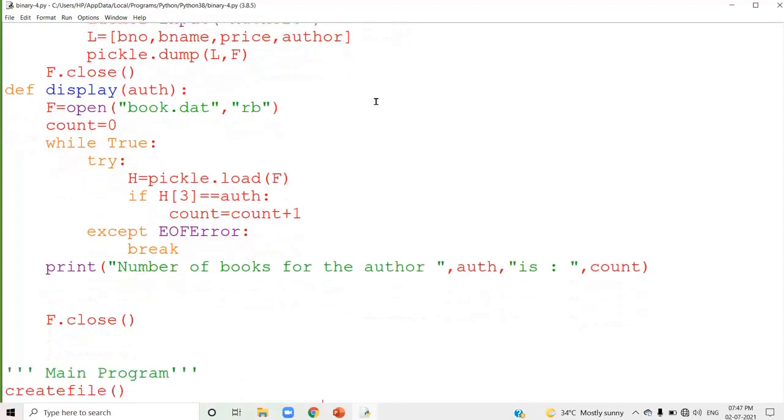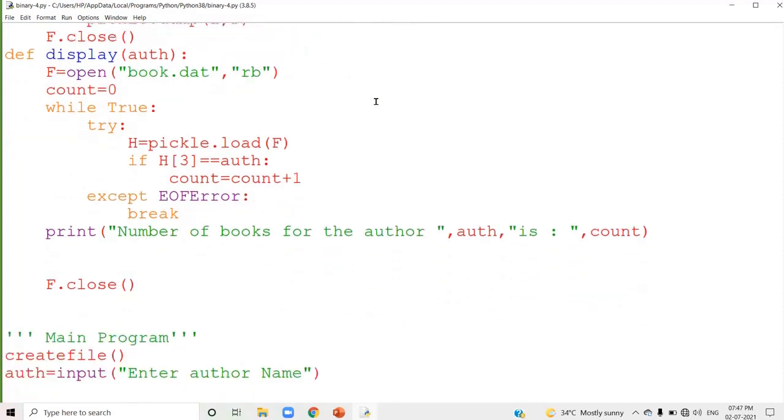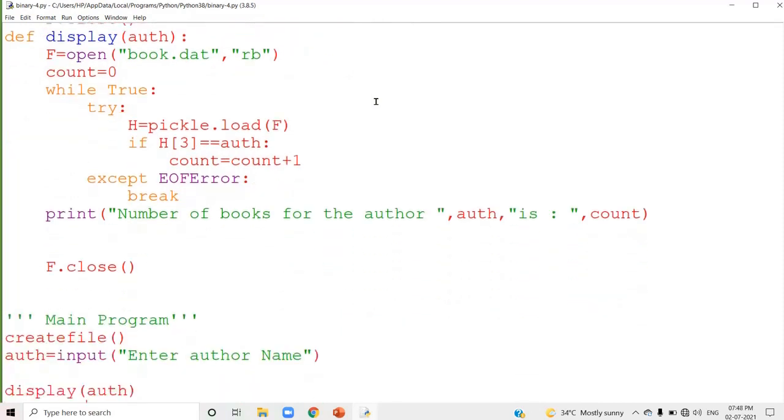That author you accept in the main and pass as an argument to the function. Inside the function you read one record at a time and check the given condition. If the condition is true, then the count variable will be updated. That is all about the program.